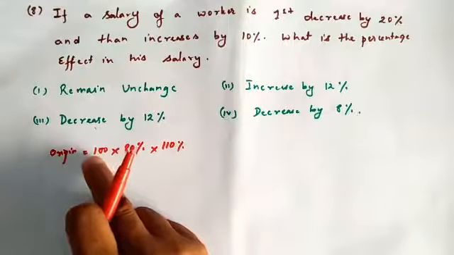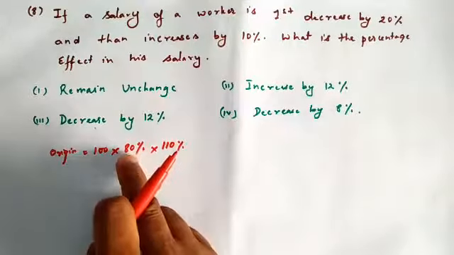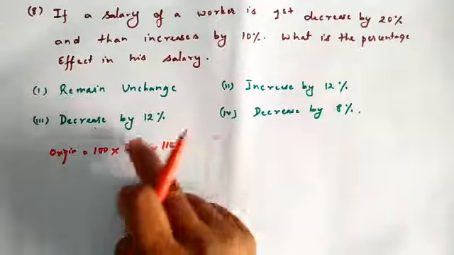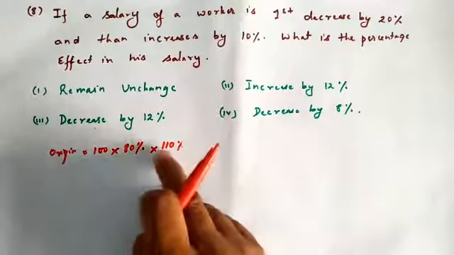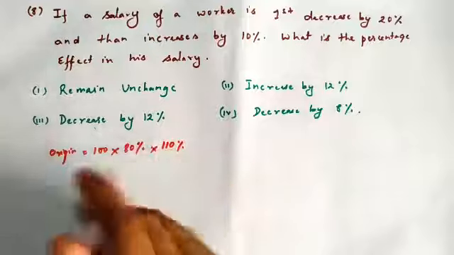Okay, a person's salary was 100. It decreased by 20%, which means it became 80. Again, in this group the salary is increased by 10%, which means it has become 110. Now if we calculate